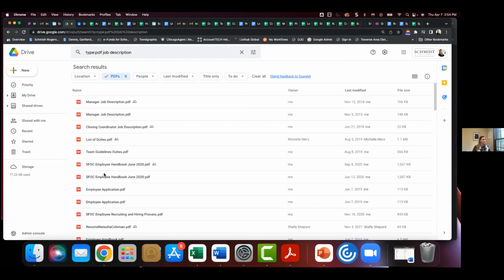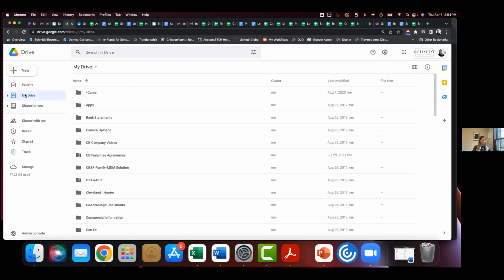So you can search just those things. The search features on Drive are really nice, and you can stay super organized. We do a lot of sharing of information inside the company because it makes it more secure. So the way that we have it set up is we make sure that we put a caution if you're